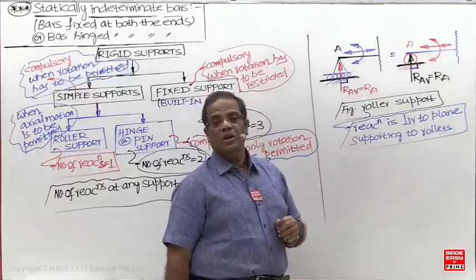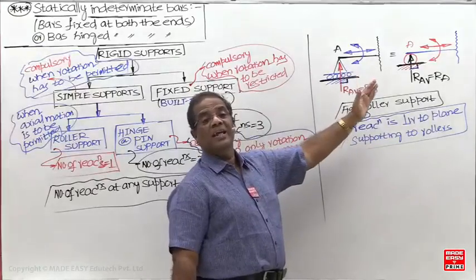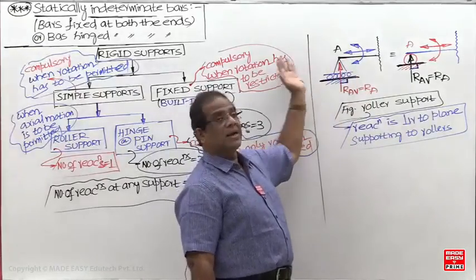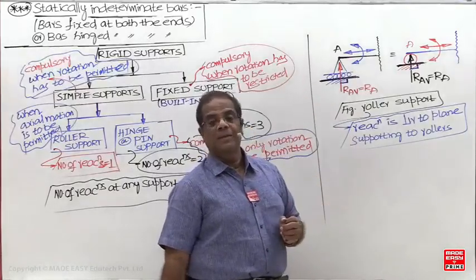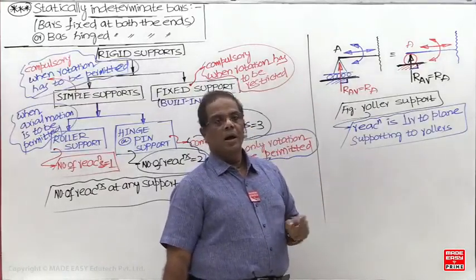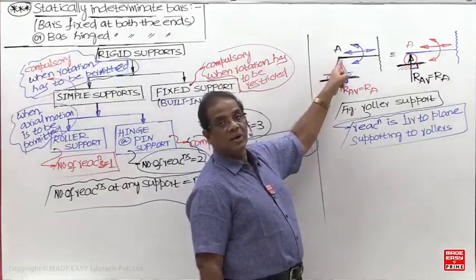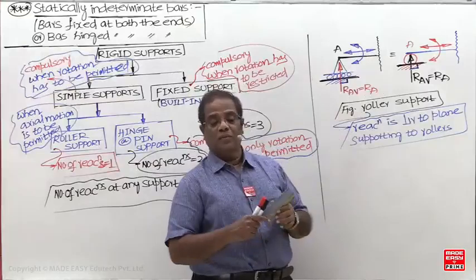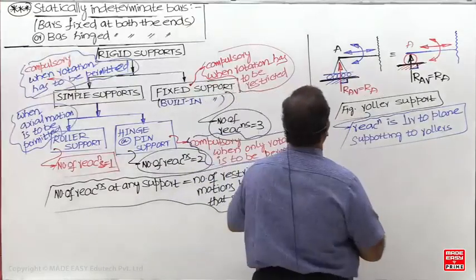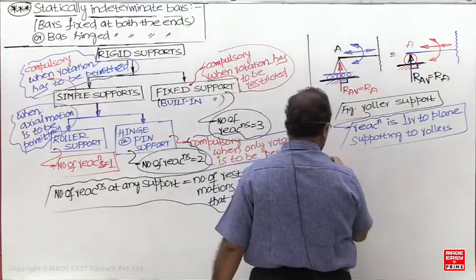What is the conclusion now? When a roller support is provided at the extreme end, which extreme end? Left side. When a roller support is provided at the extreme end, at that cross section, at the roller support you are getting only shear force. Remaining all the loads are 0. So in this case, at A,